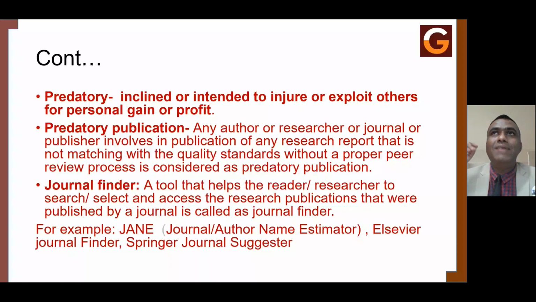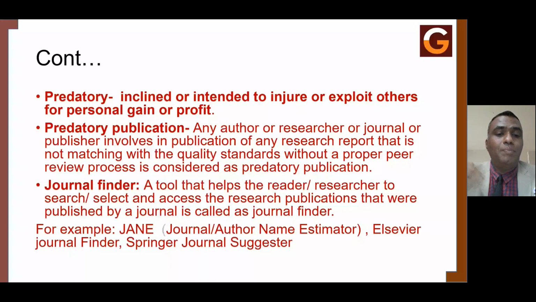For example, if you have Elsevier, let's take Springer. Elsevier and Springer are publishers under which there are different journals. So using that journal finder, or suggester, you will be able to know what are the various publications, what are the various journals, what are the various topics which are published using one single